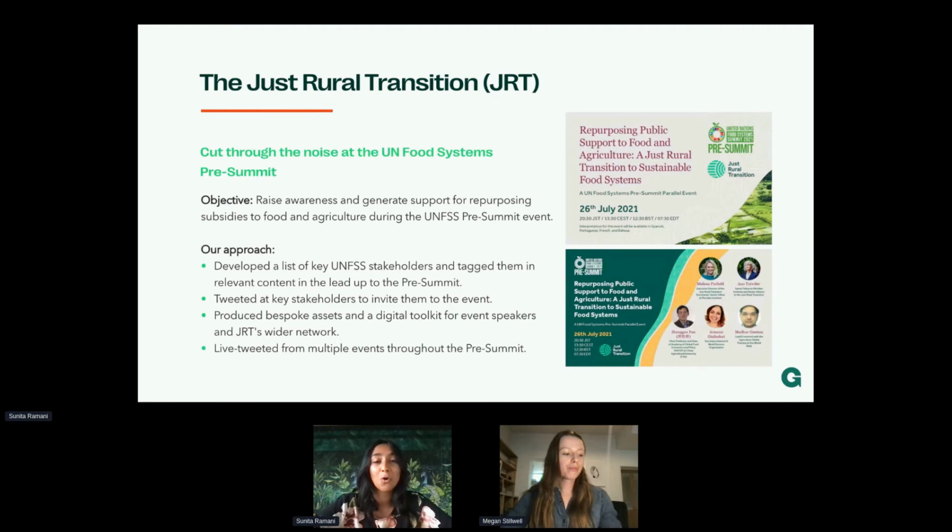So just some context to start with, the Just Rural Transition is a group whose work is all about connecting different stakeholders within the food systems transformation world.